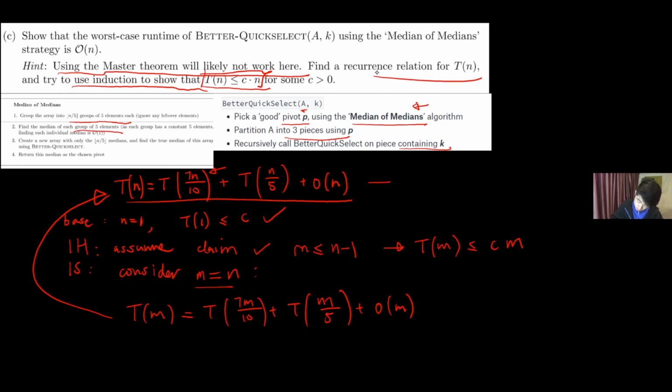And for convenience, we can replace O of n with d times n, just to give it a more concrete value to work with. So then we would have T of 7m over 10 plus T of m over 5 plus d m. Using the inductive hypothesis, we can replace some of these T's. So T of m is at most C times 7m over 10, plus C times m over 5, plus d m. And this is equal to something like